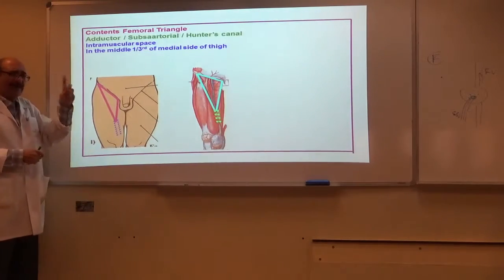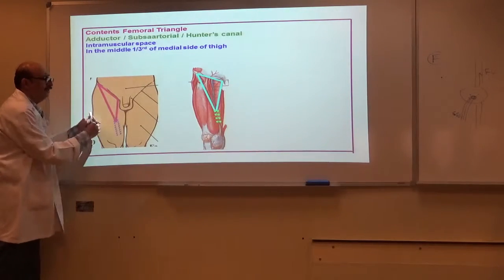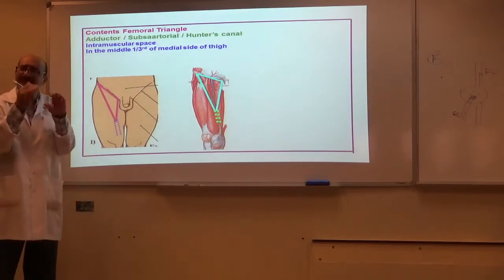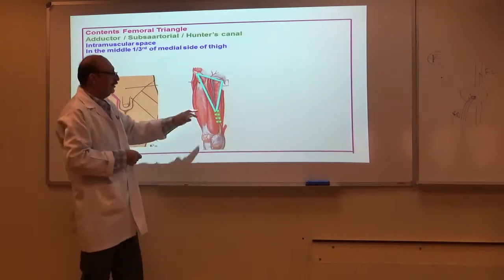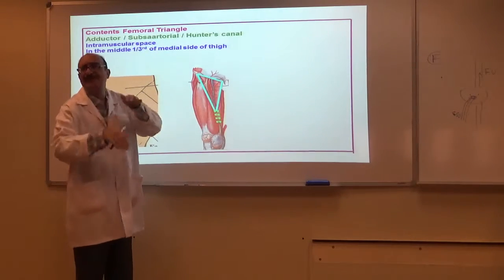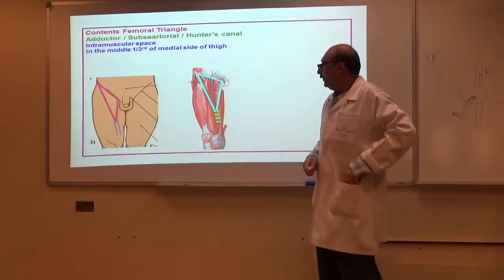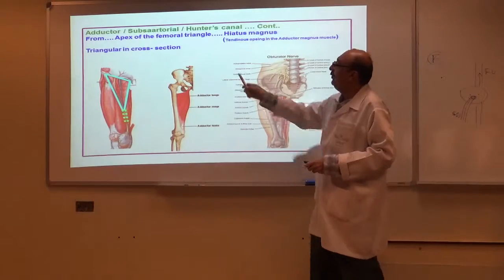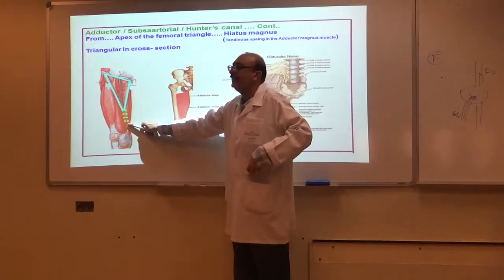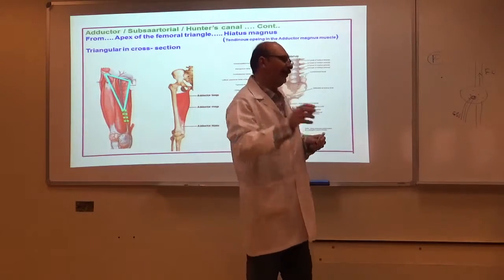And then you imagine, this is your imagination, that the tip of this will continue into a subsartorial area, the subsartorial canal. Why do I say subsartorial? Very easy to understand, because the sartorius muscle is covering and the canal is underneath. Okay, this is the subsartorial canal, so it is easy to remember. Then, what is this actually? It is from the apex of the femoral triangle till it reaches another opening here. I told you there is another opening, which is known as hiatus magnus. Now you know